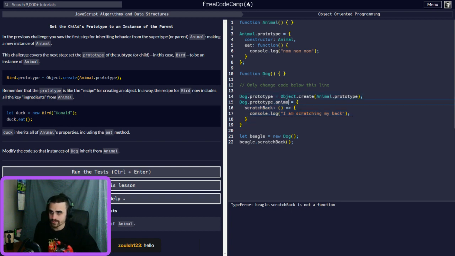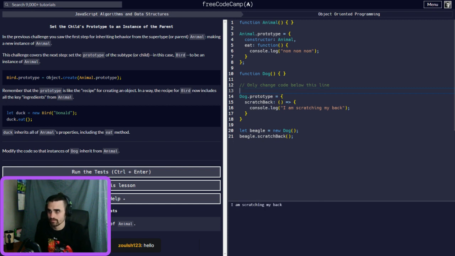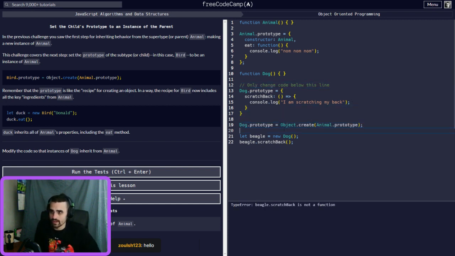So instead of doing this, this is what I create, right? And then we want to have this inherit the properties of this, right? So dot animalProps. So now create that, and then we have scratchBack, right?